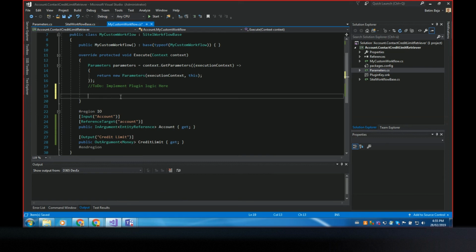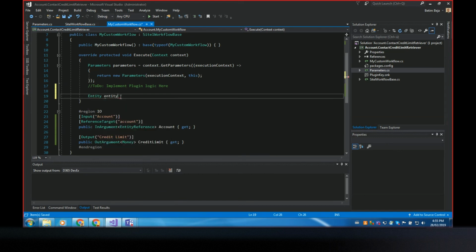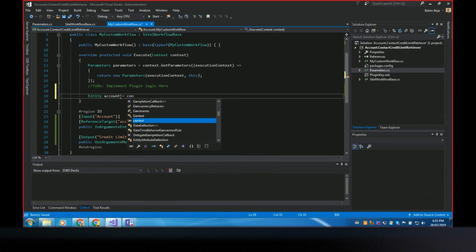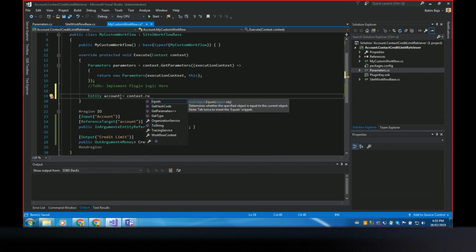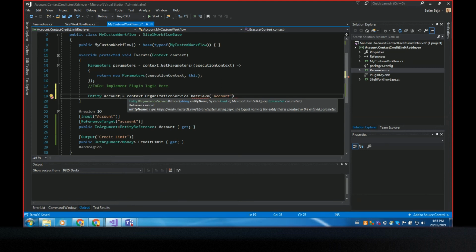And we will do entity account equals context dot organization service dot retrieve, and we want to retrieve an account, and the ID is parameters dot